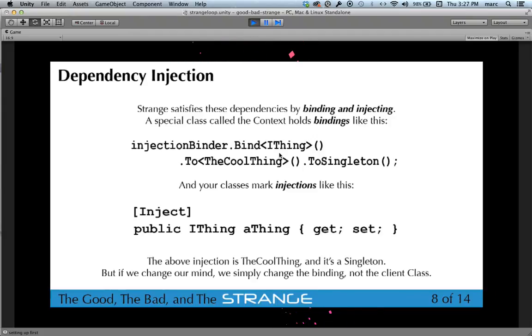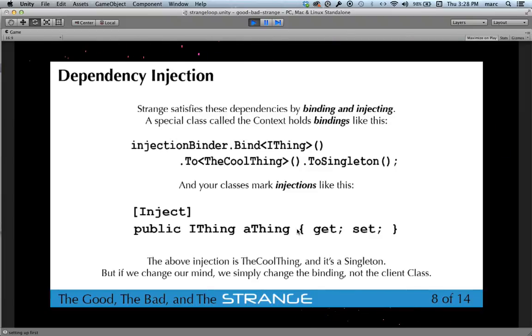We bind the interface to the concrete class, to singleton if we like, and then the consuming class, the client, just marks an injection and says, here's an interface that I need satisfied. And when that class gets instantiated, we scan it, we identify the injections, we look for the bindings, and if the bindings exist, we satisfy them. If the binding doesn't exist, we'll throw an error. So we'll help you identify that you have a dependency that isn't being satisfied.